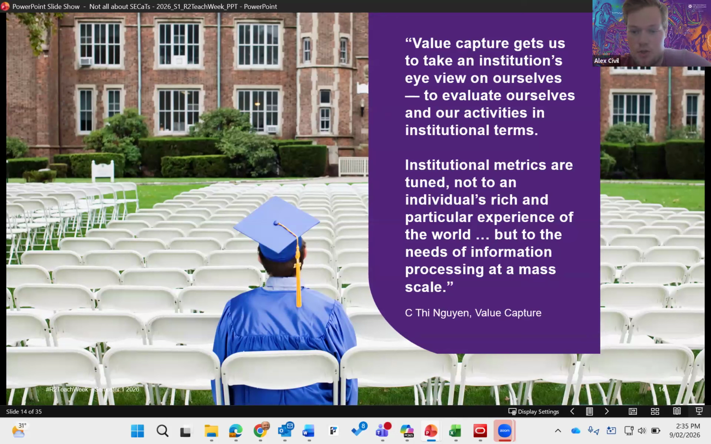Institutional metrics are tuned not to an individual's rich and particular experience of the world, but to the needs of information processing at a mass scale. So I guess in summary, I just think the warning is remember that at the end of the day, you know yourself better than anyone else, and the way you evaluate and reflect on your teaching experience comes from a vast variety of personal values and different evidences, and relying on one metric can lead us to